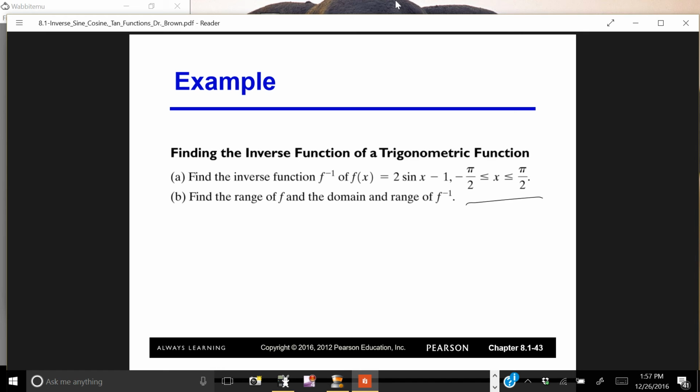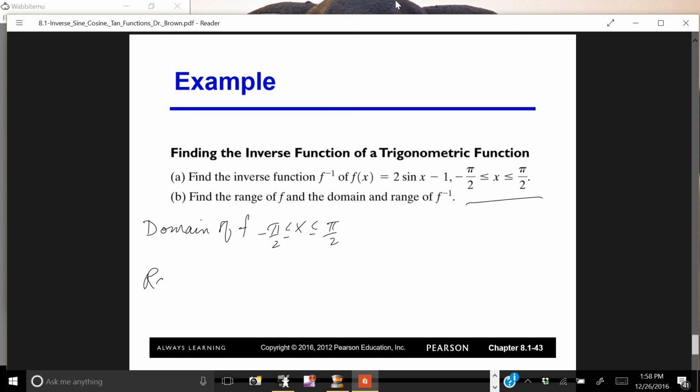So let's look first at the domain of f, and it's defined between pi over 2 and minus pi over 2. Notice then that the range of f,